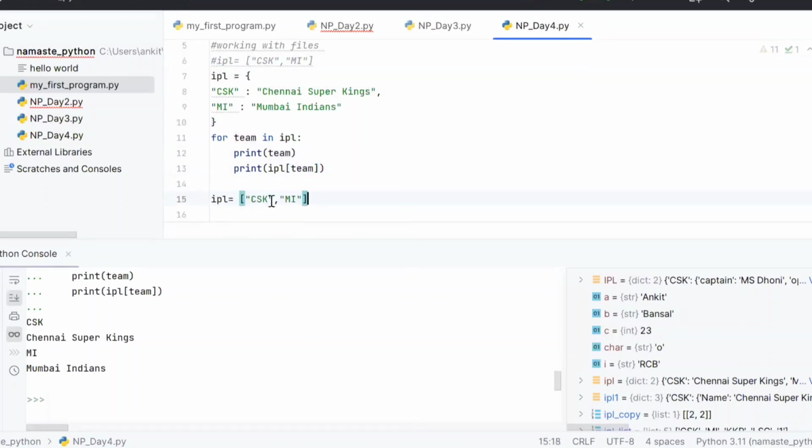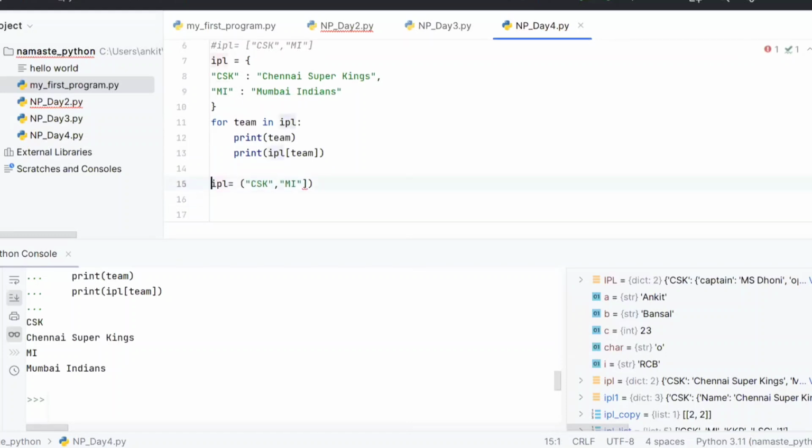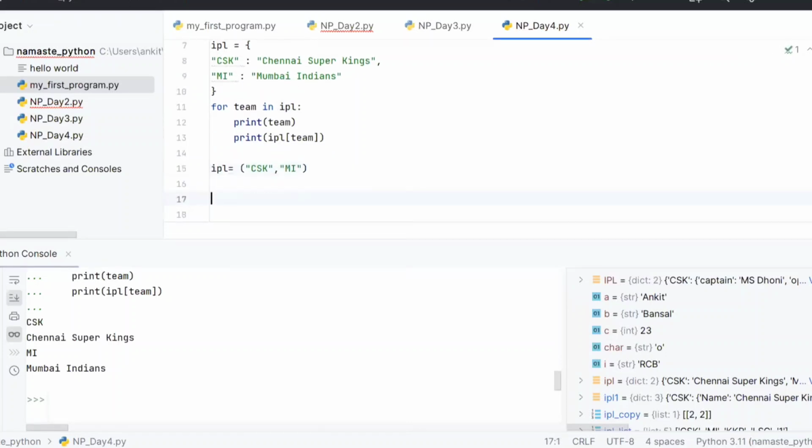It works for list as well. So let's say I have this. Now if I want to put these values in different variables, what do I have to do?